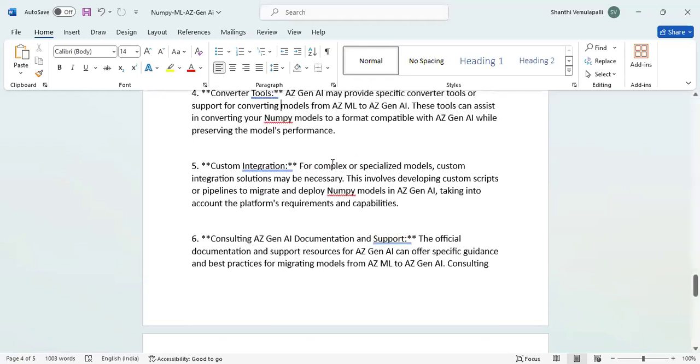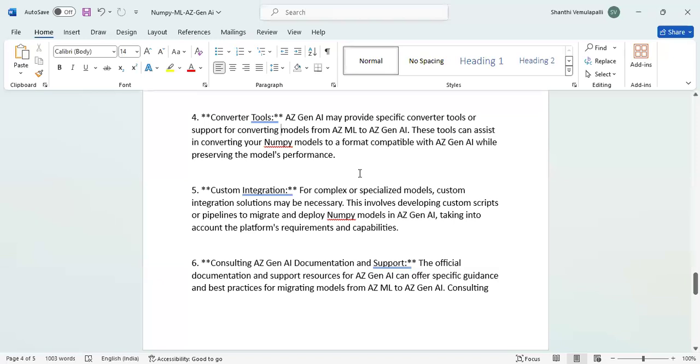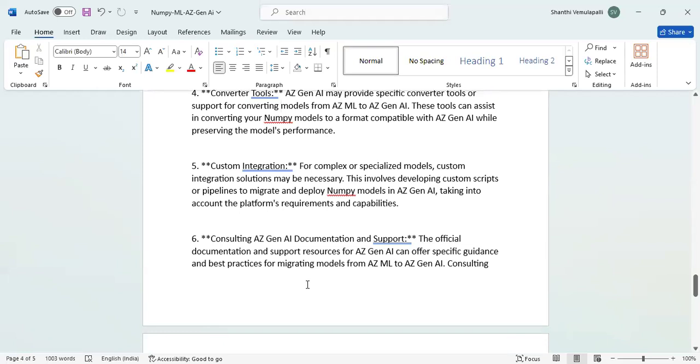Then custom integration, right. So is it that some of these models are available? We need to see if there are any examples of NumPy models that are already converted into Gen AI. Yeah, they will be available on the internet. Obviously, you need to search through ChatGPT or something. Okay, that is the generic solution, right? You have AI tools at your fingertips. You write the prompt, you will get the solution in minutes, right?